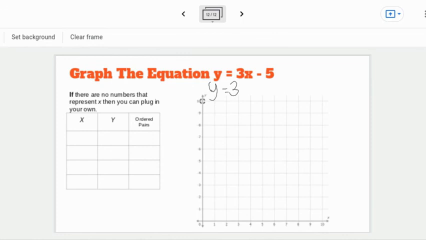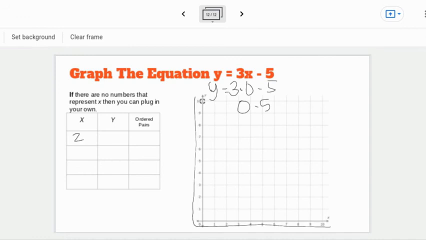So here's y equals 3x minus 5. If I say x is 0, 3 times 0 minus 5. Well, 3 times 0 is 0. Minus 5 is going to get me a negative. If I look at my graph right here, I don't have anything for negative. So I probably don't want to plug 0 in for x. Now, if I plug 1 in, 3 times 1 is 3 minus 5. That still gives me negative. If I plug a 2 in, 3 times 2 is 6. 6 minus 5, ooh, so I'm going to choose